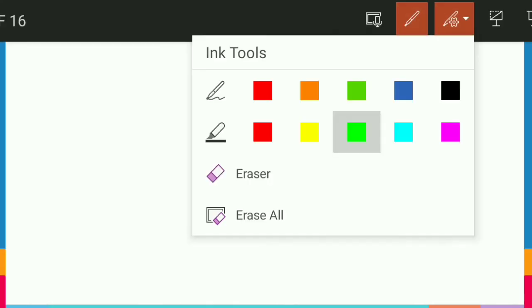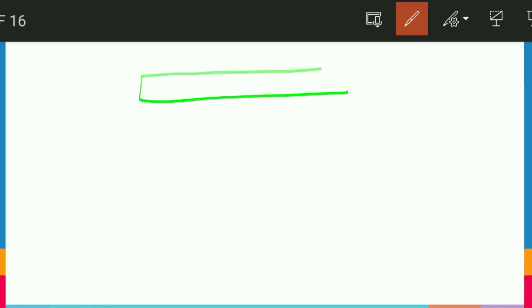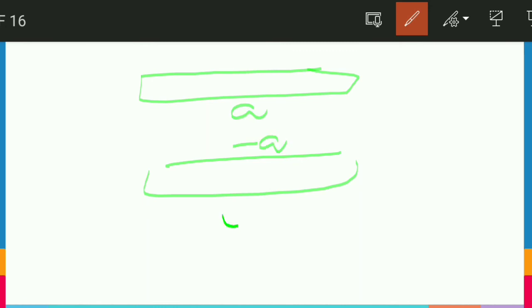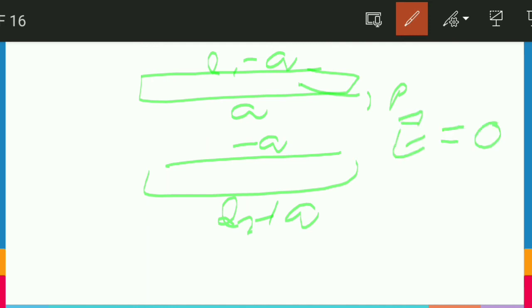Yes, friends. Now what we have got, our initial charge distribution, is something like this: we have q, this we have minus q, this we have q2 plus q, and this we have q1 minus q. Now one thing we can also do, we take a point P here, within the metal surface, where the total electric field equals 0, because this is the condition. So let's calculate the electric field due to these four charge distributions. Let's say this is our A, this is B, this is C, this is D.